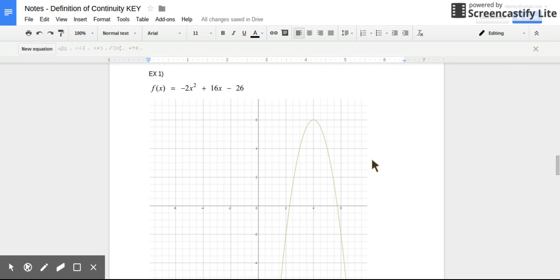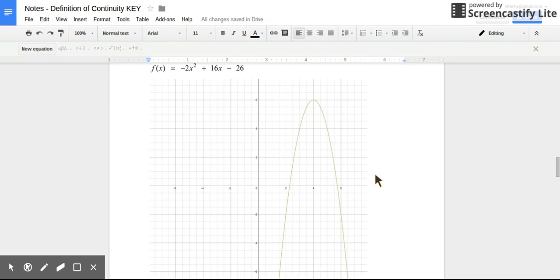Some functions are continuous everywhere. Linear functions, quadratic functions, polynomial functions to the nth degree, cubes and fourths and so on. They will always increase or decrease continuously. So anytime you see a linear, quadratic, or polynomial function, it's always best to look at the graph, but they